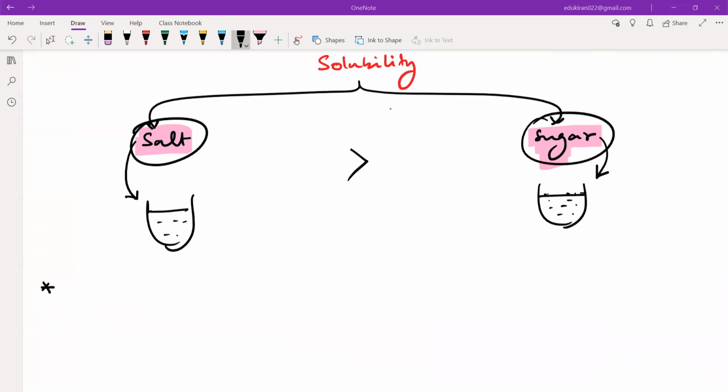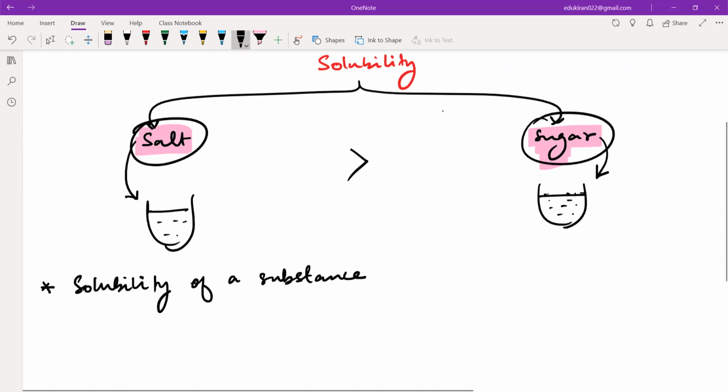So solubility is what? Umar, can you please? Not all, no. For all of them who have missed the concentration terms. Solubility of a substance, please write. Don't send chats now. Speak if you can. Solubility of a substance. I just said don't send chats, and you sent a chat again. What did you send, okay sir?